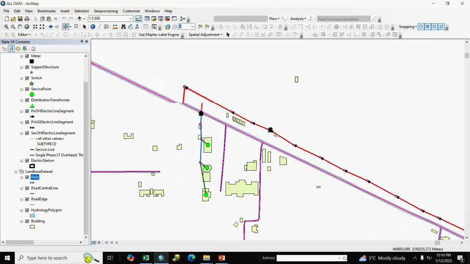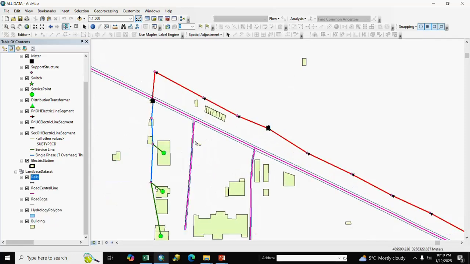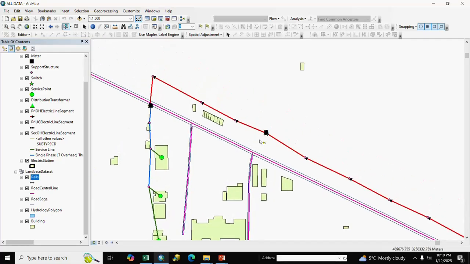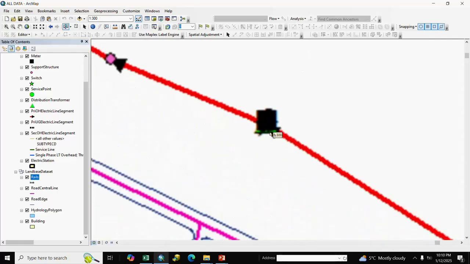After road and building, here is our consumer tag data and secondary OH line. Here is the secondary OH line, and we remove an assembly here.